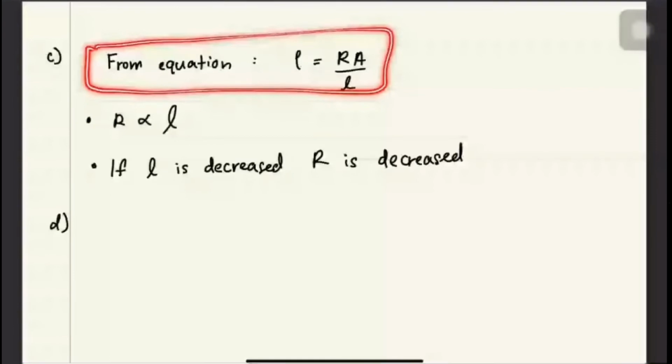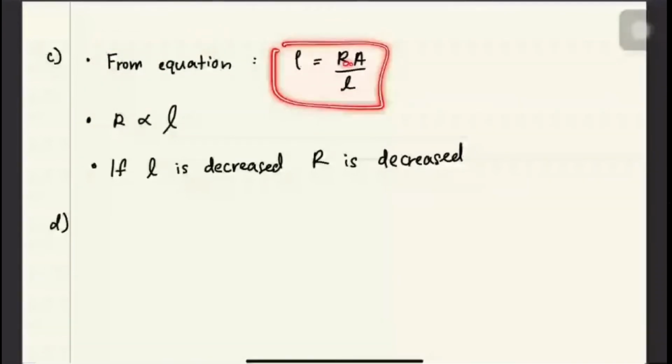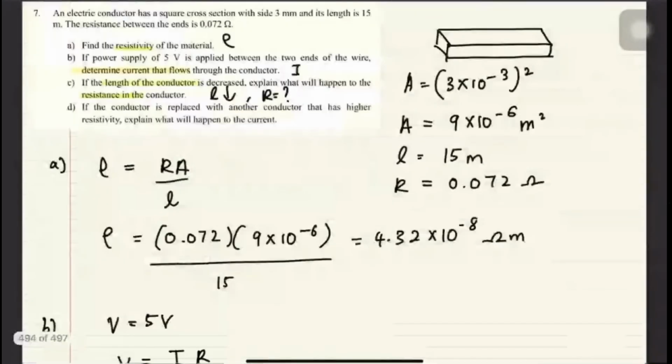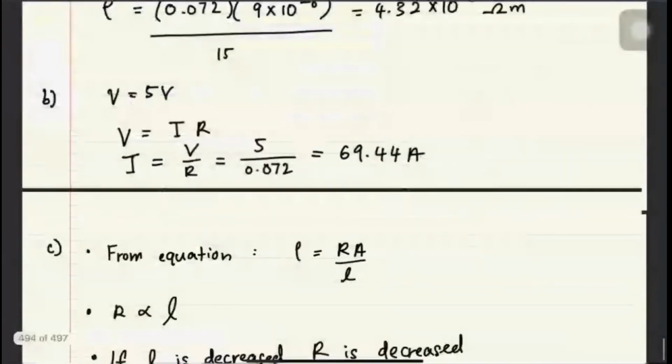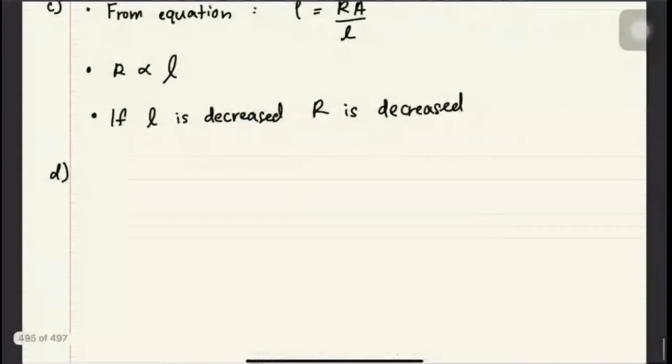And then the last question dia kata, if the conductor is replaced with another conductor that has higher resistivity, explain what will happen to the current. So dia kata, if rho is increased, what happened to the current? Macam mana nak jawab ikut atas tu? Kita buat apa dulu? Bagi equation dulu. Yes, from equation